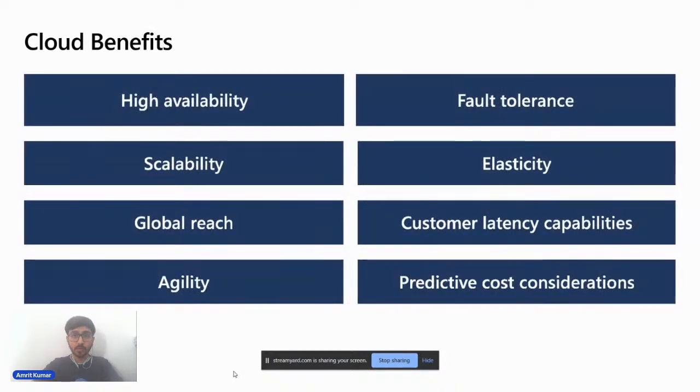So what are the cloud benefits, and why is there such a boom of cloud in this era? Because it provides high availability compared to an on-premise system. And by on-premise I mean the systems which you have in your own area. Just think about your home, where you have your laptop or your CPU.